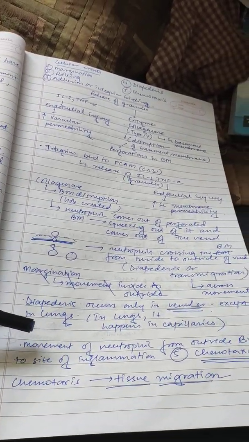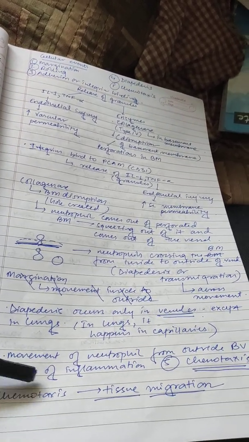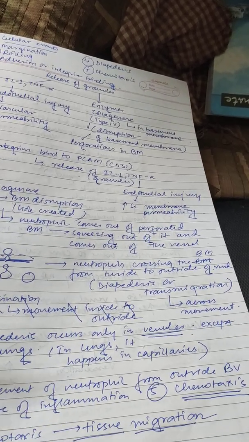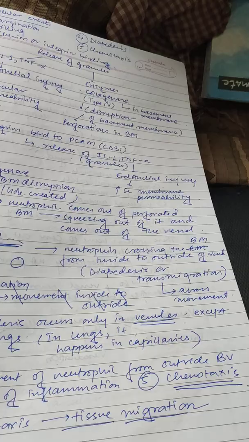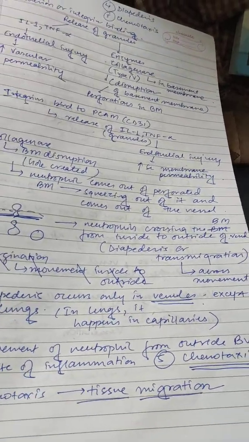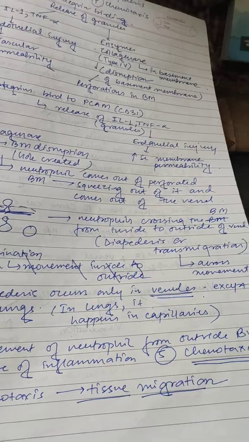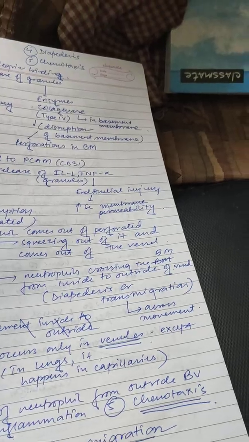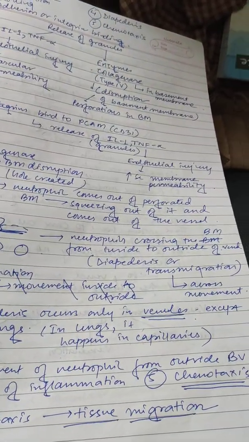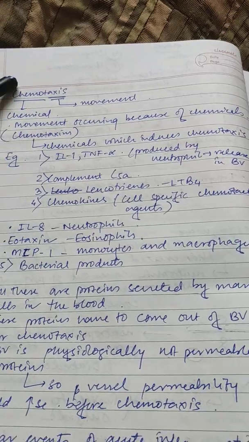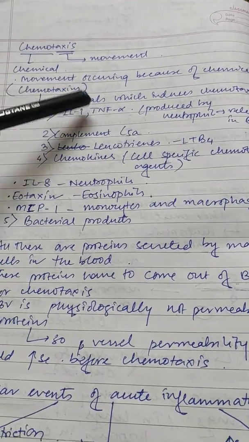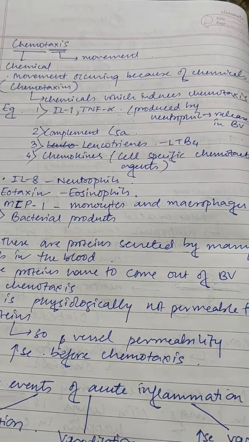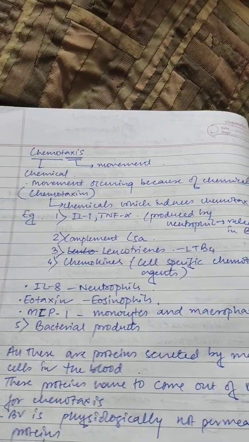So the movement of neutrophil from outside the blood vessel to the site of inflammation is the last step, which is called chemotaxis. After diapedesis, the neutrophil which comes out of the blood vessel must be recruited to the site of inflammation, right? So chemotaxis is basically tissue migration. Chemotaxis is the final process of acute inflammation. Chemo means chemical and taxis means movement. So chemotaxis is movement occurring because of chemicals, and this chemotaxis is